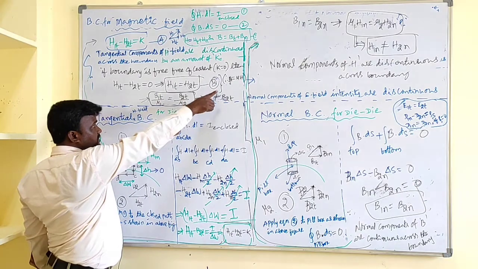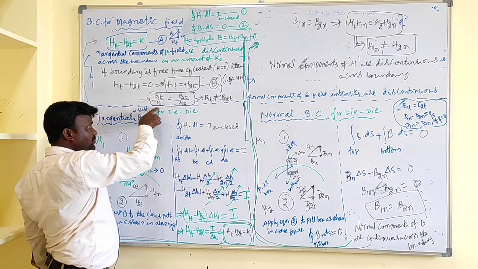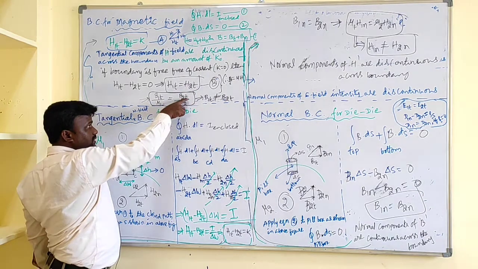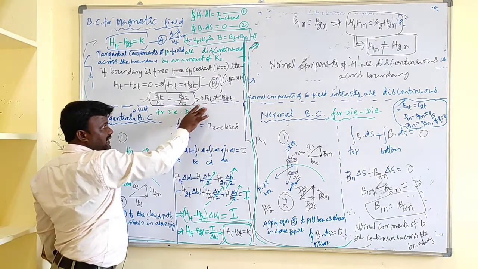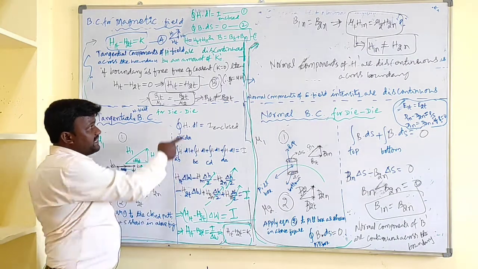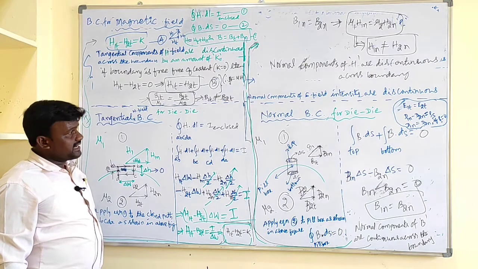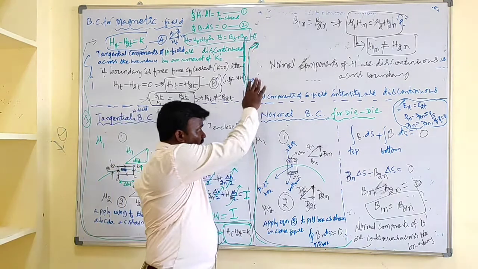From this we can write H1t. B equals mu into H, meaning H equals B by mu, so H1t can be written as B1t by mu 1, and H2t can be written as B2t by mu 2. Then it indicates that B1t is not equal to B2t, meaning the tangential components of magnetic flux density are discontinuous across the boundary. Now let us go for the normal components of